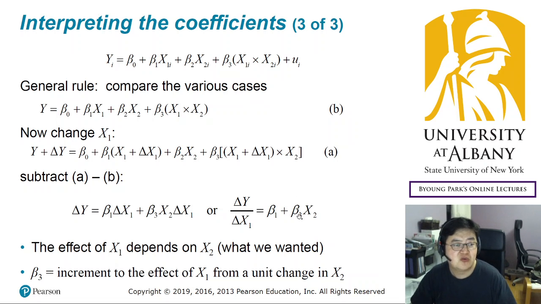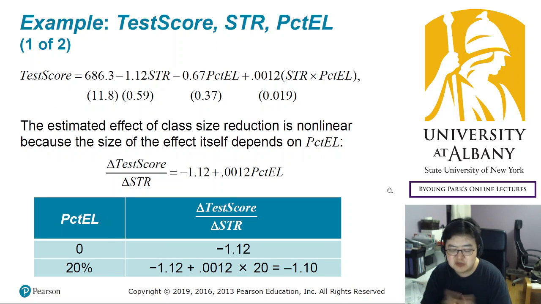And you can easily see that if beta 3 is positive, that means the effect of x1 increases as x2 increases. But if beta 3 is negative, that means the effect of x1 decreases as x2 increases. So it captures whether they are complementary or substitute. So that shows, and in our example,